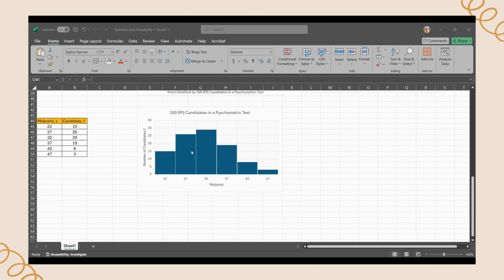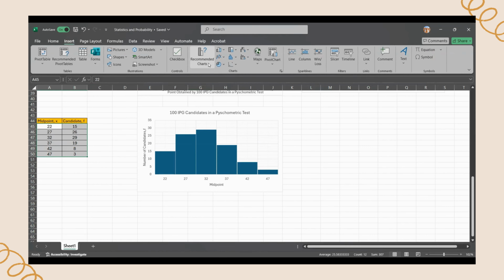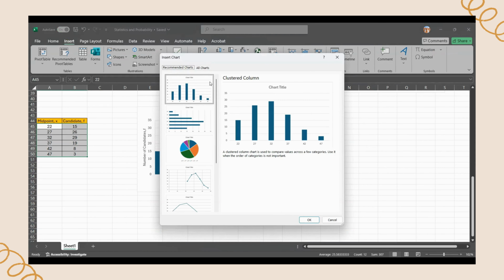How to do histogram using Excel. First, we get the data first, which is midpoint for x-axis and frequency for y-axis. Then, we copy this data and click the Insert tab and choose the recommended chart and choose the clustered column. Okay.